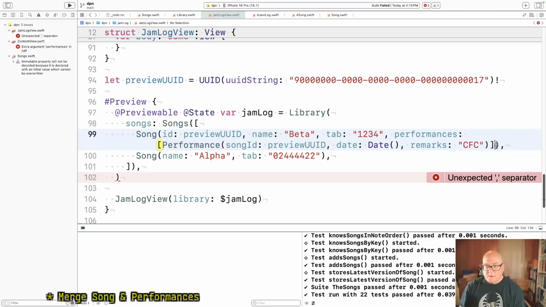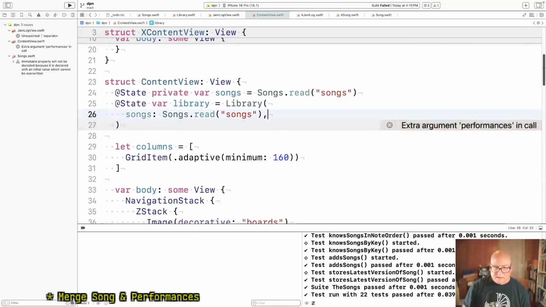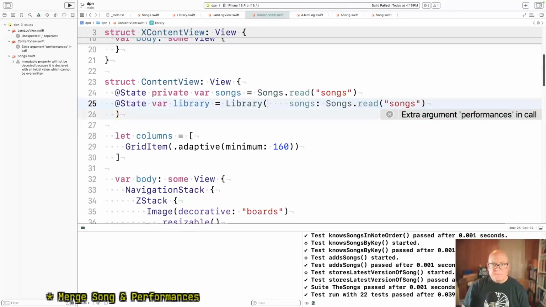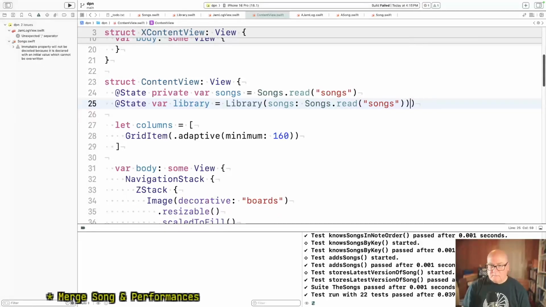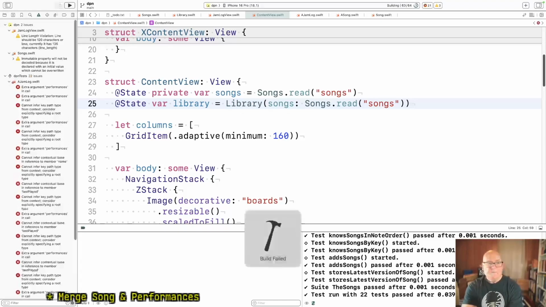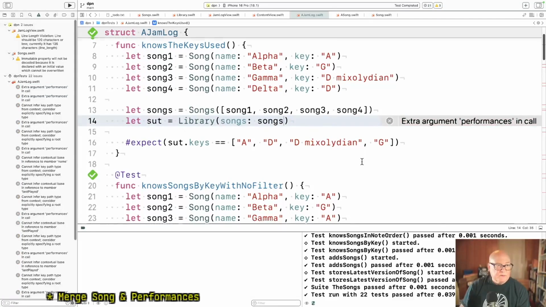Performance ends there, bracket in the song, comma. Oh. Yeah, we don't take performances anymore. Okay, and I think there's some tests that still have this. But yeah, I think they'll all have empty performances at this point.